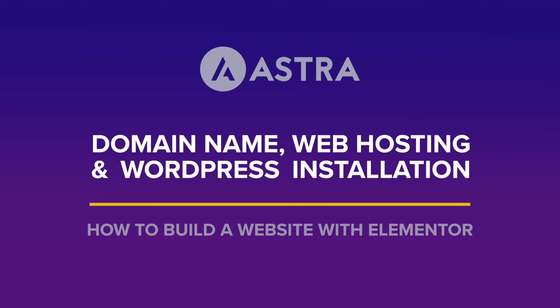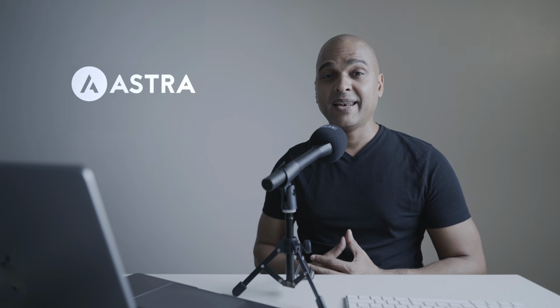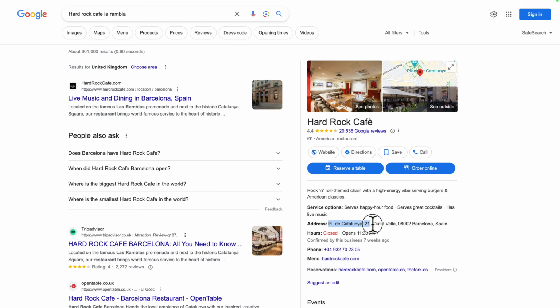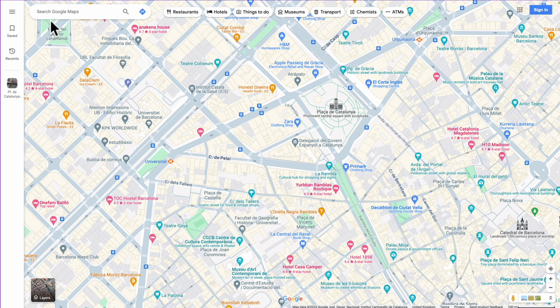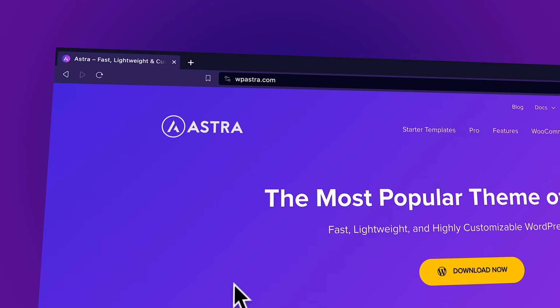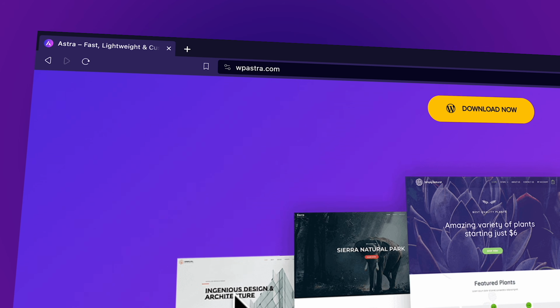Next, how to get a domain name and web hosting, as well as how to install WordPress from your web hosting dashboard. Now, before we can build our website, we need a domain name as well as web hosting. Think of a domain name as the address of a building. With that address, we can easily locate and reach that building. So in the same way, with a domain name, users can easily be redirected to a website and access its